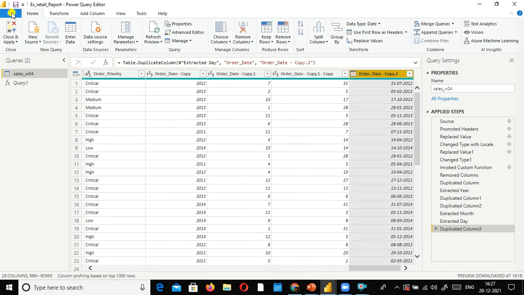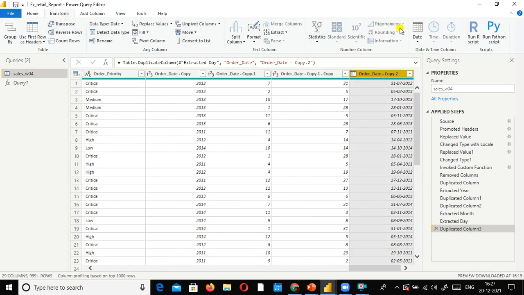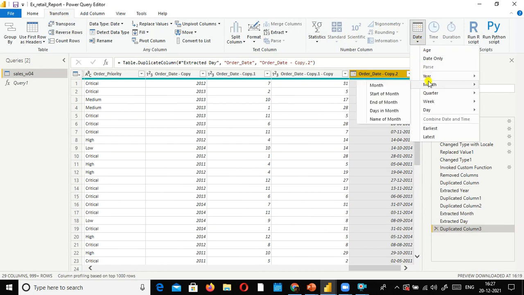You need to select this one and go to transform, second step. The third step is go to date and check it here. So you can try other options, latest or earliest, on the latest day of this transaction. If you want to see the latest day of the transaction, you can select it. You can do all kinds of date related things here.